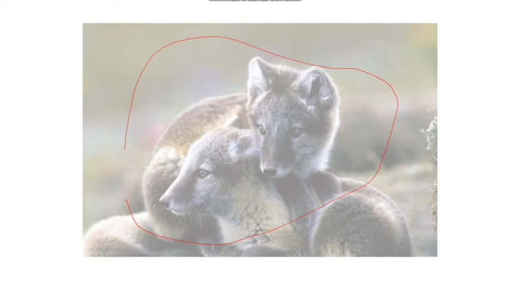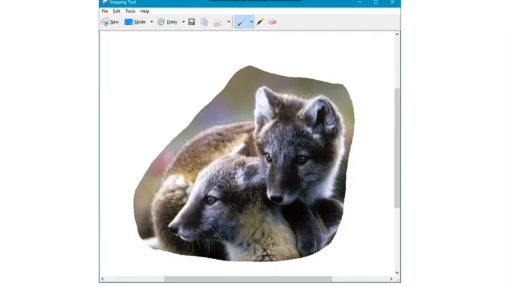Now select the area that you want, click and drag your cursor. When you release the mouse button, the captured area is automatically copied to the markup window where you can save or share the screenshot.